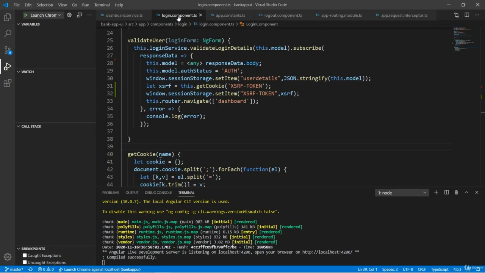In the last few videos, we have made complete changes on the backend in order to generate JWT tokens. And we are also sending the generated JWT token inside the response as a header value with the name authorization. So now in this video, let's try to make some changes on the client application side as well to capture